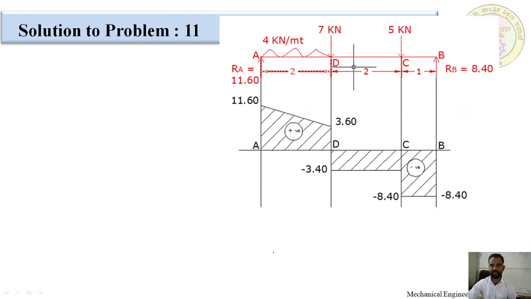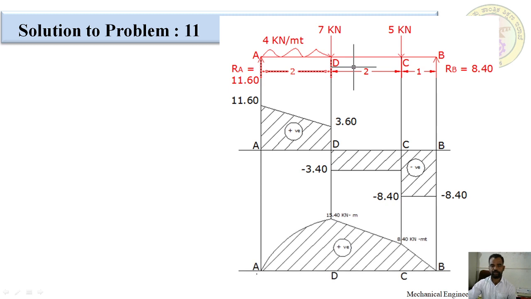Okay, this is the bending moment diagram. I am going to draw a horizontal baseline. At B point it is also 0, at A point also 0. At C point we got 8.4. I am going to mark it at C point and join with a straight line. After that, at D point, how much did we get? 15.40. I have to mark it and join with a straight line.